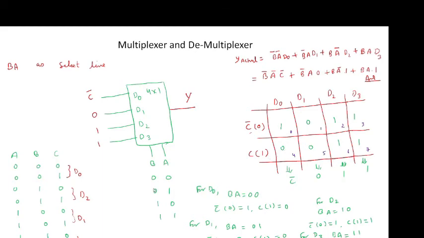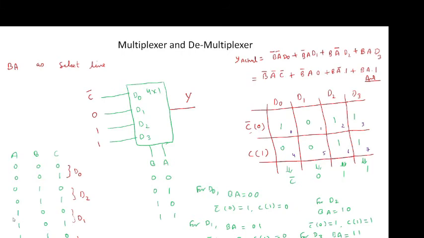Now for D1, BA is 0, 1. BA 0, 1 lies on lines 4 and 5.